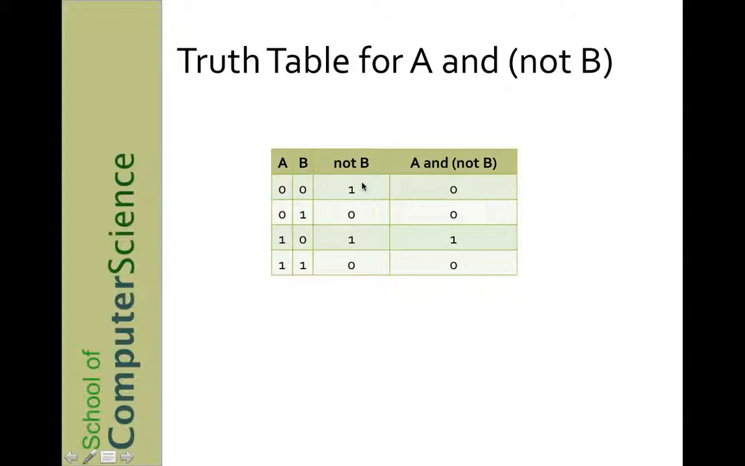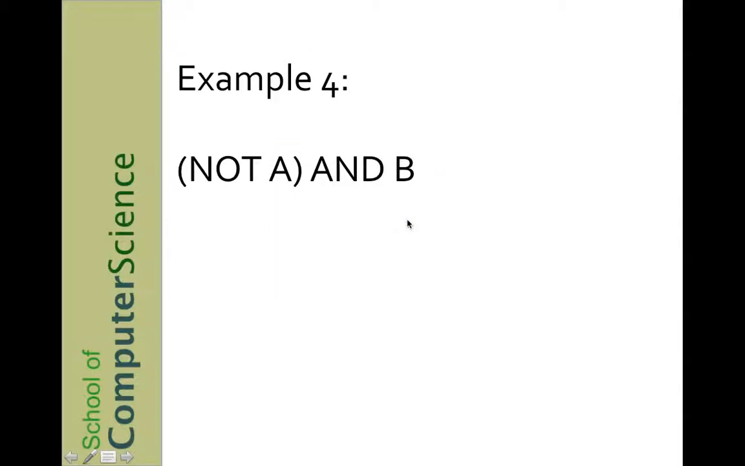Then you inverse B, so where B is a naught it becomes a 1 and vice versa, and then you combine the two together and say when you have A and not B, and that's in this instance here. And then finally we can look at not A and B,